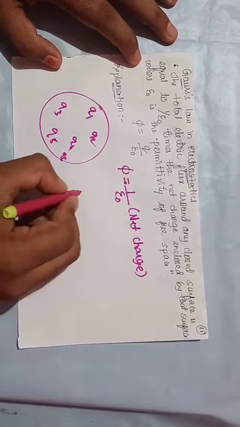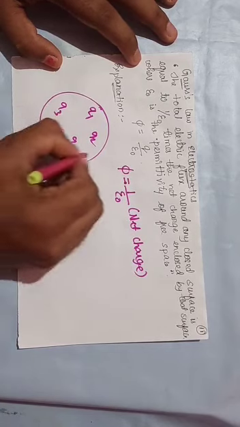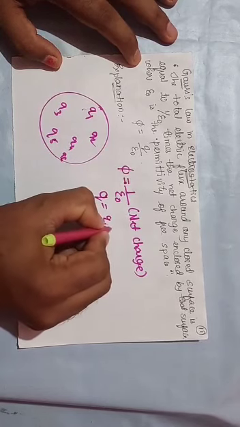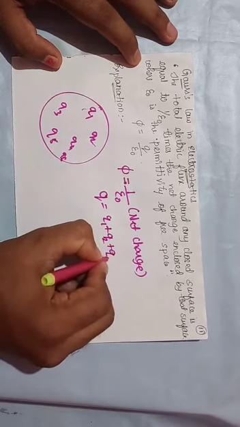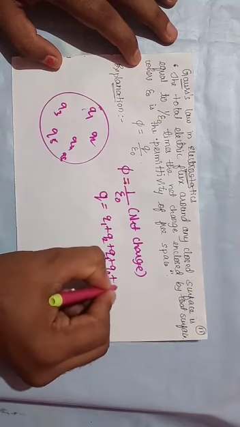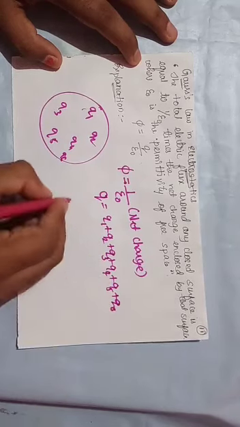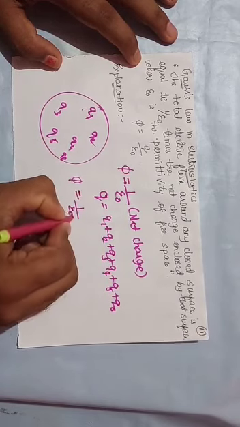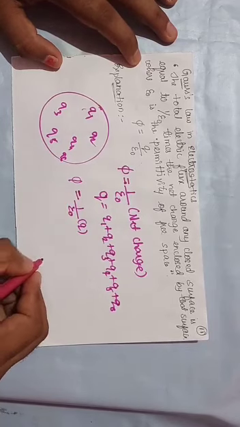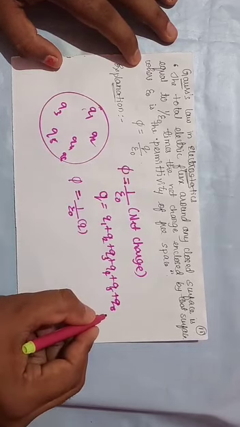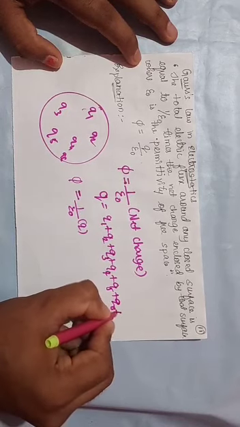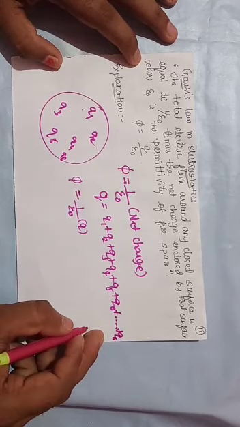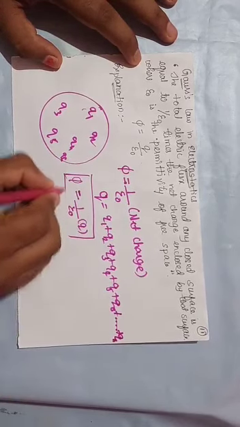Now the net charge is the algebraic sum of all the charges present inside this surface. That is, q is equal to q1 plus q2 plus q3 plus q4 plus q5 plus q6. Therefore you can write phi is equal to 1 divided by epsilon into q, where q is equal to q1 plus q2 and so on up to qn, if there are n number of charges. This is Gauss law in electrostatics.